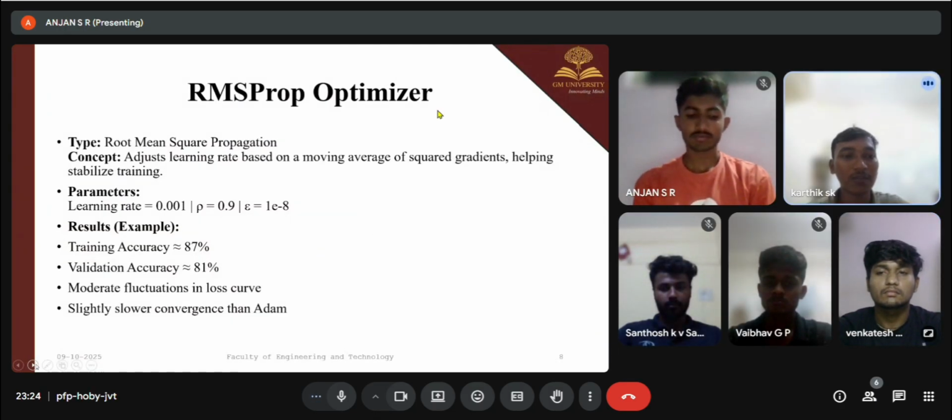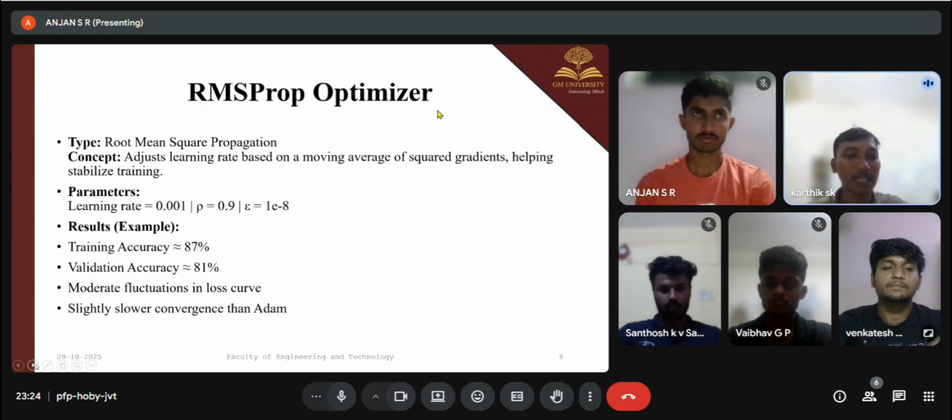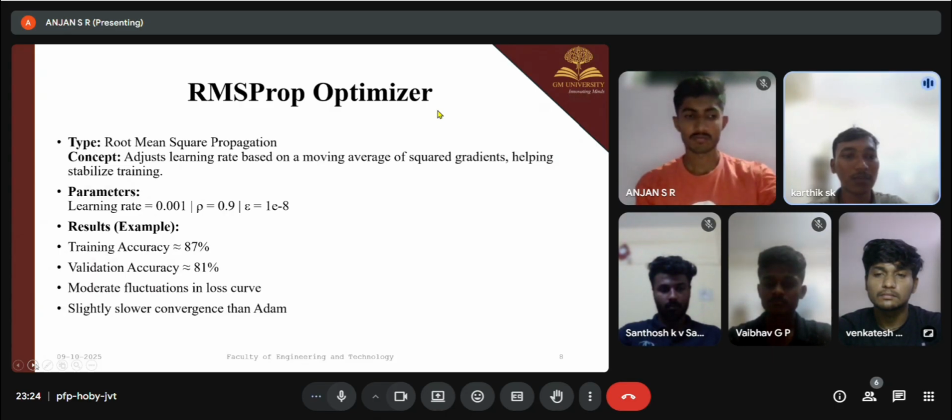It uses parameters like a learning rate of 0.001, rho equal to 0.9, and epsilon equal to 1e-8. Root mean square propagation uses only the learning rate and epsilon, with the sigma value,